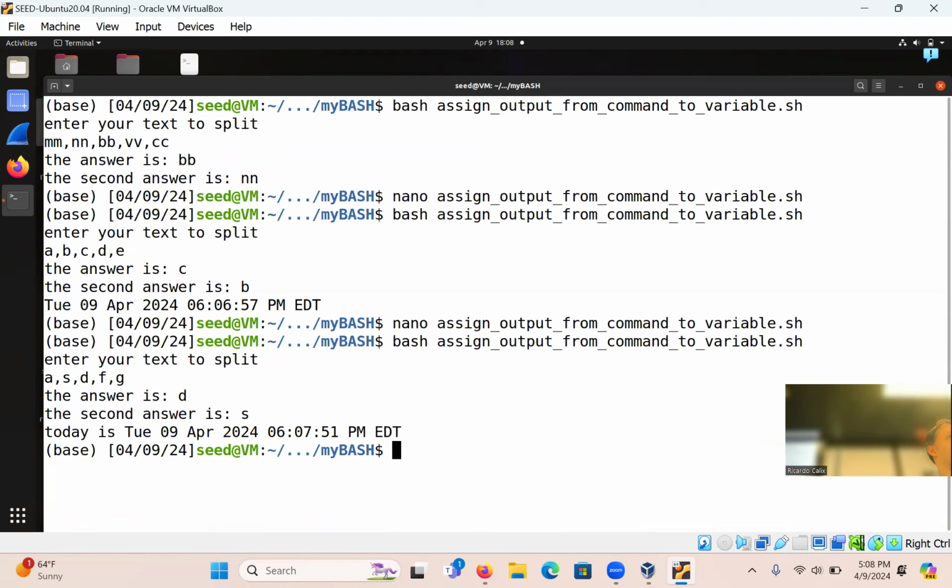So what's a good command? Let's try the same thing, but multi-line.